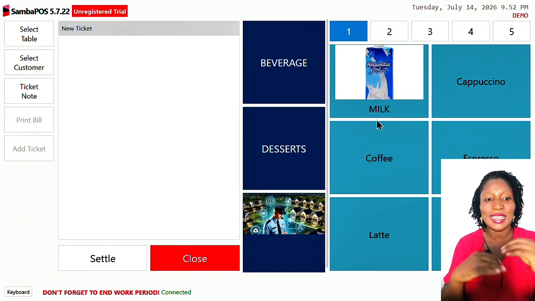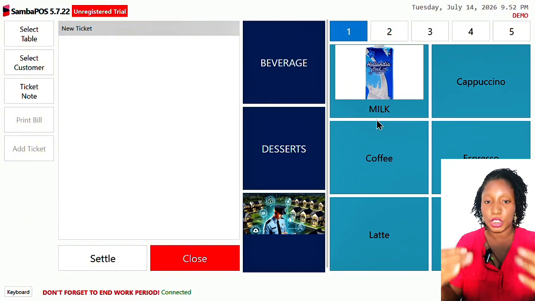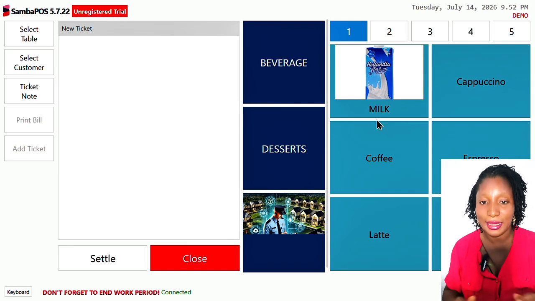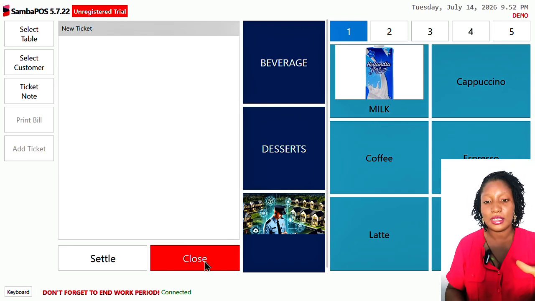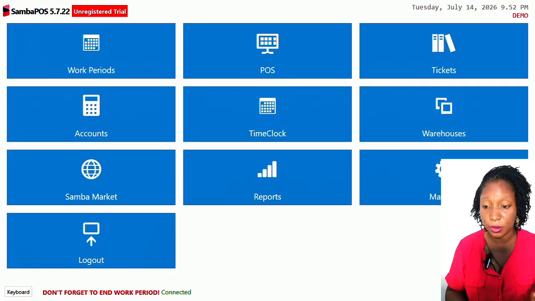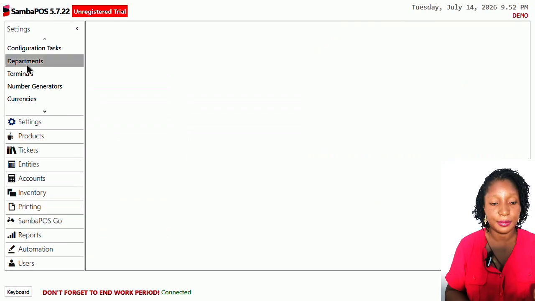So it means I can't hang any order. They have to just pay and go. We are not hanging any order at all. So this is what we call pay before service. Then the last but not the least we have in SambaPOS is